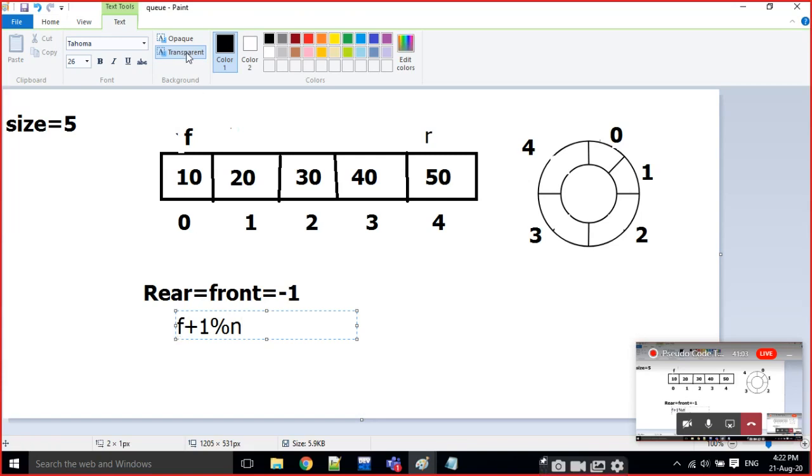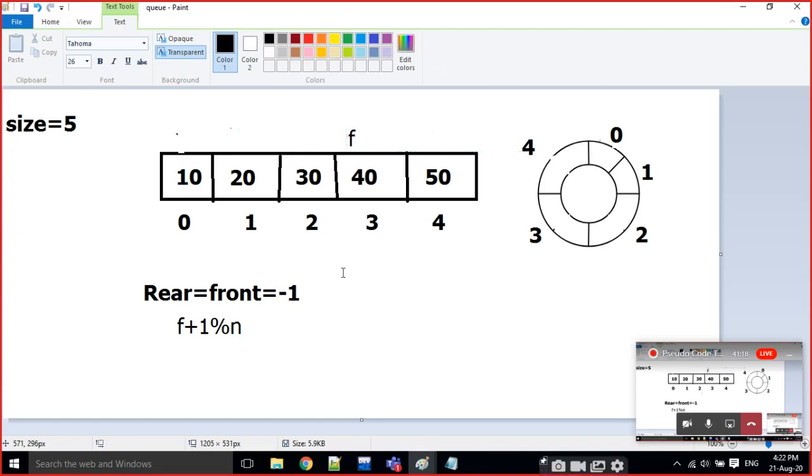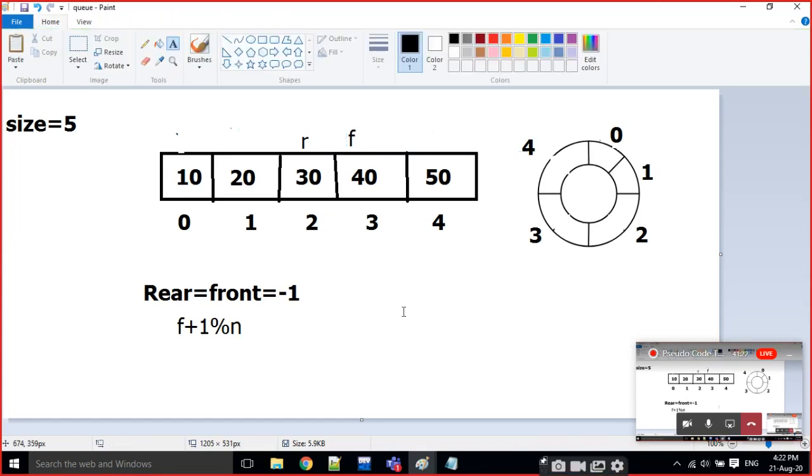Why? Because I am going to tell you with an example here. Front is at the third position and rear is at the second position.